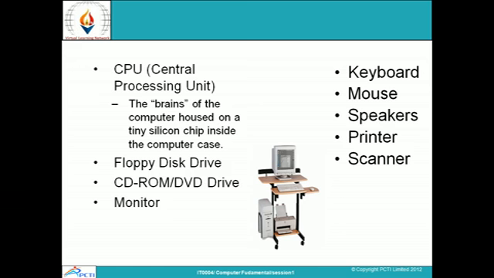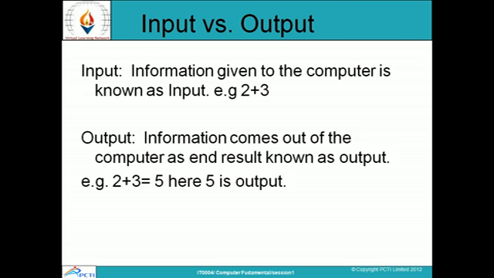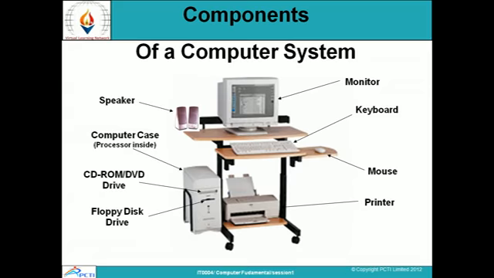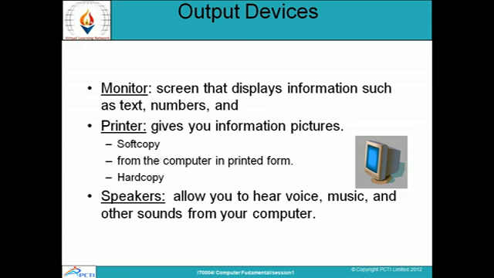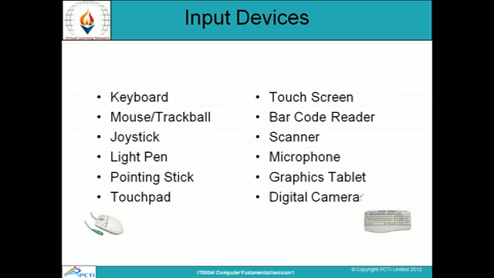Now we will discuss the difference between input and output. As I told you earlier, input is the information that you provide to a computer. Whatever information or data that you give to the computer is called the input. Now the computer does the processing and it returns information to us in the form of output. Now you can see here the different types of input devices: keyboard, mouse, trackball, joystick, light pen, pointing